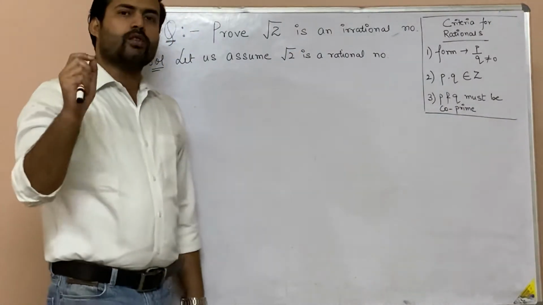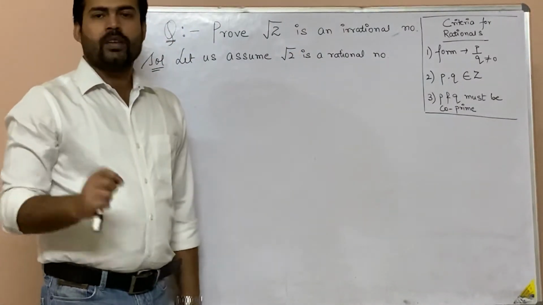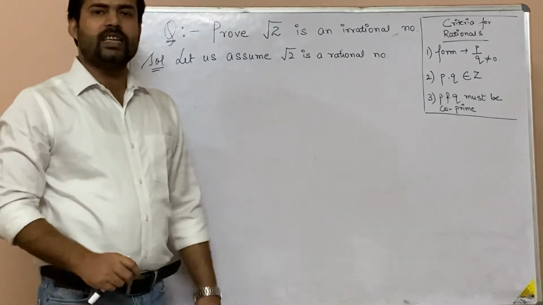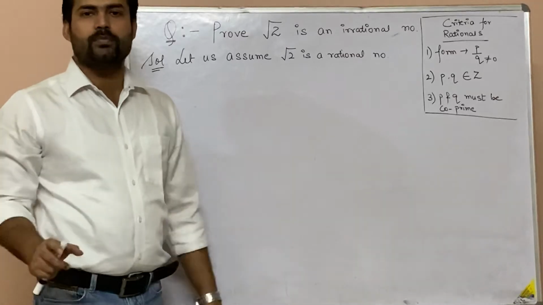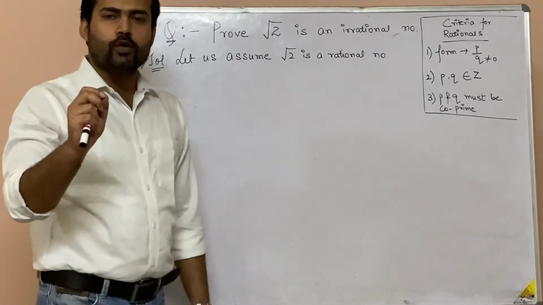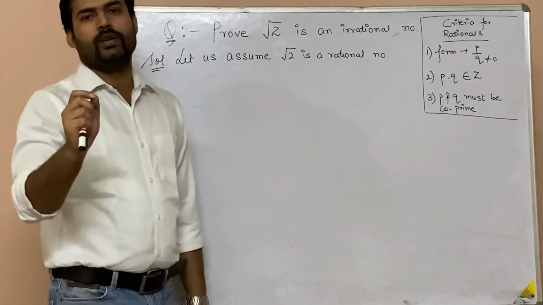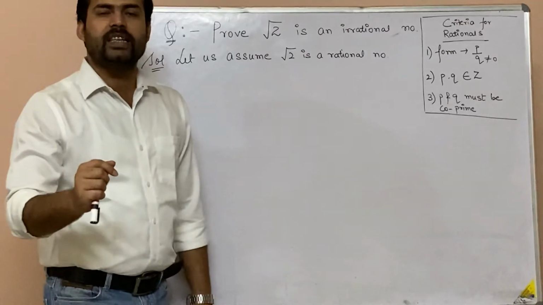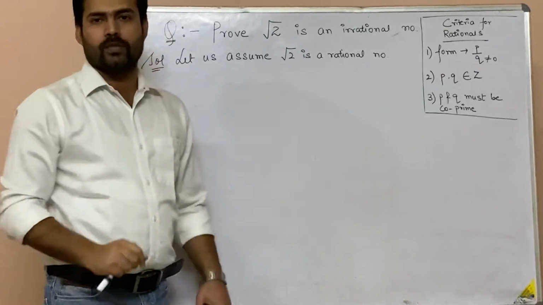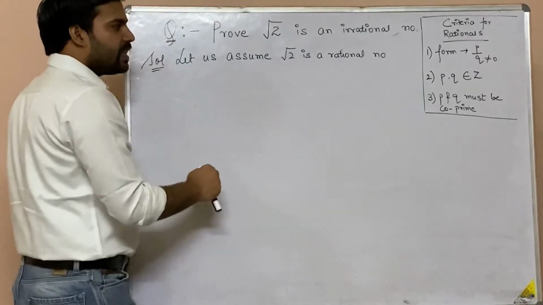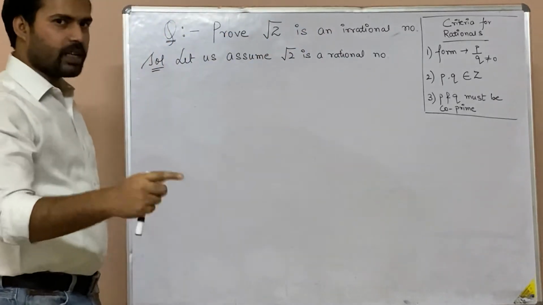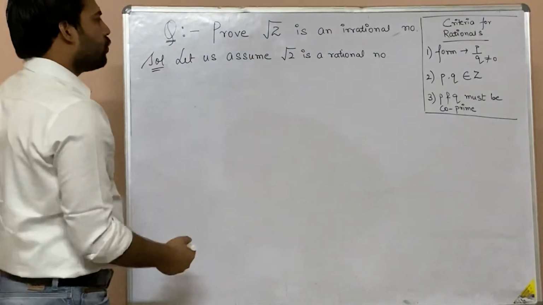Now when you are taking wrong instances, remember you need not prove it wrong multiple times. You need not prove it wrong 100 times, 1000 times. No. You just need to show one example where it is going wrong. That one example would be sufficient to prove the whole theory wrong. So here my target is to prove that, okay fine, root 2 is not a rational number. This is what I will try to do. So the approach should be like this.